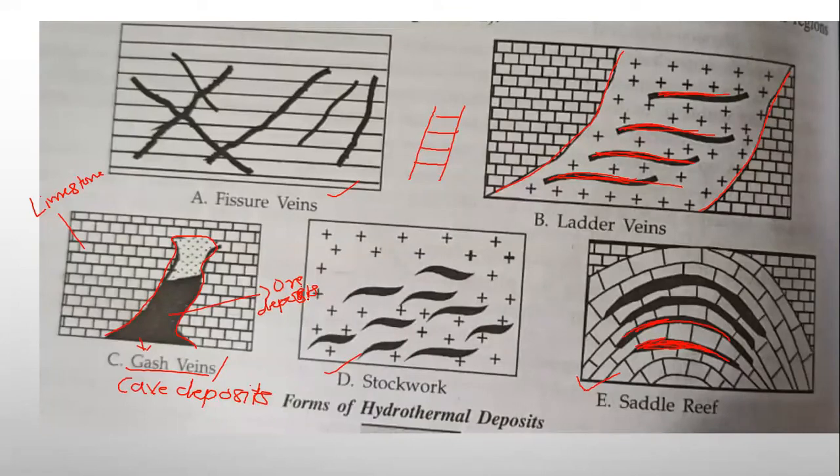And generally these are formed along the bedding planes, or you can say joints. These are formed along the joints in limestone or any rock, but generally in limestone. These specifically belong to limestone deposits, because in limestone there will be formation of caves. In this cave, the solution will enter, precipitate, and form valuable ore deposits. So I hope you understood shear zone deposits.